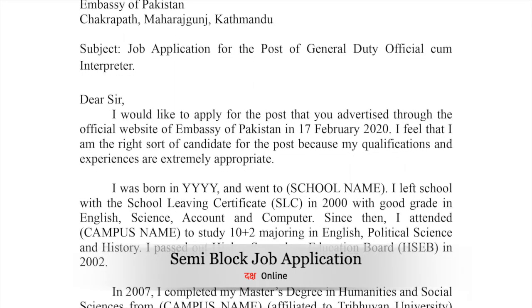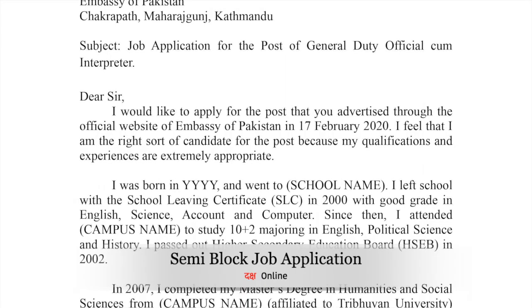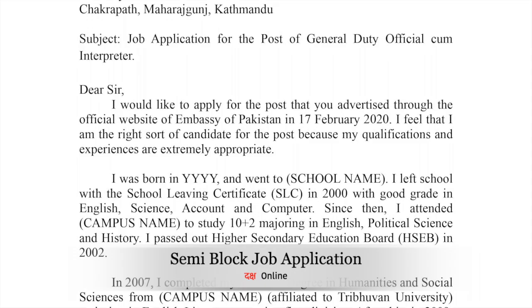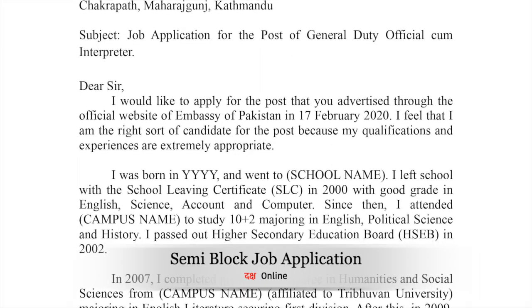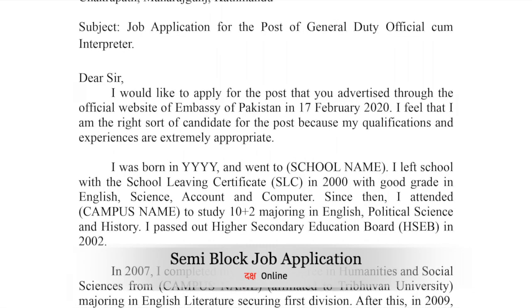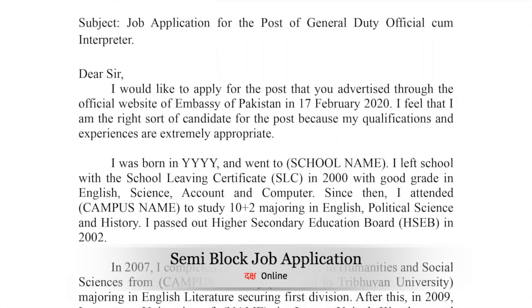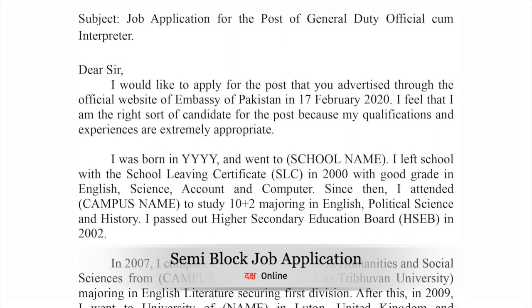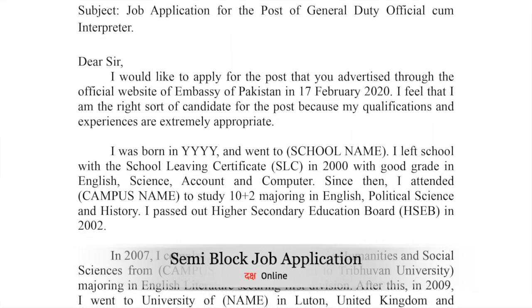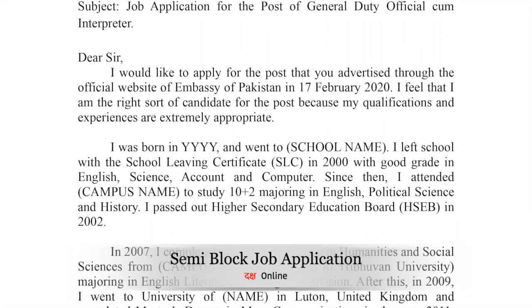But you always need to remember that the names of references should be the one who knows you the most, not the one whom you know. Because just in case your job application gets approved, you need to ask recommendation letters from the references as well. So bearing all these things in your mind, now let us start what is job application.